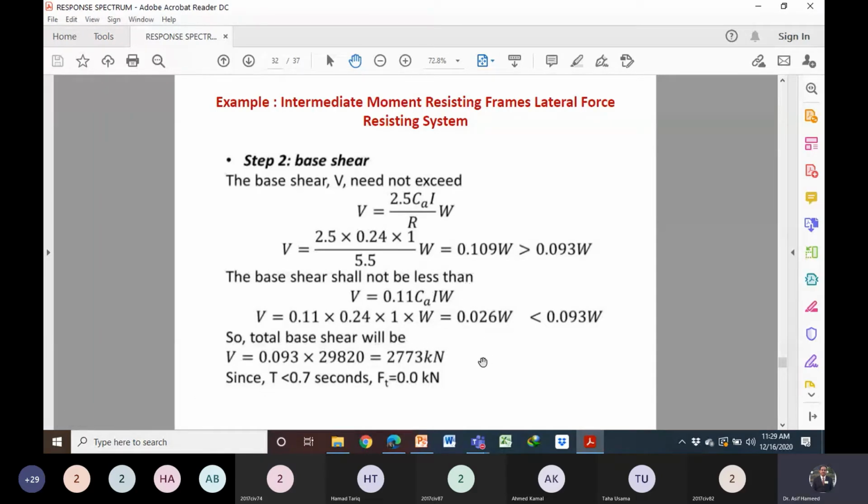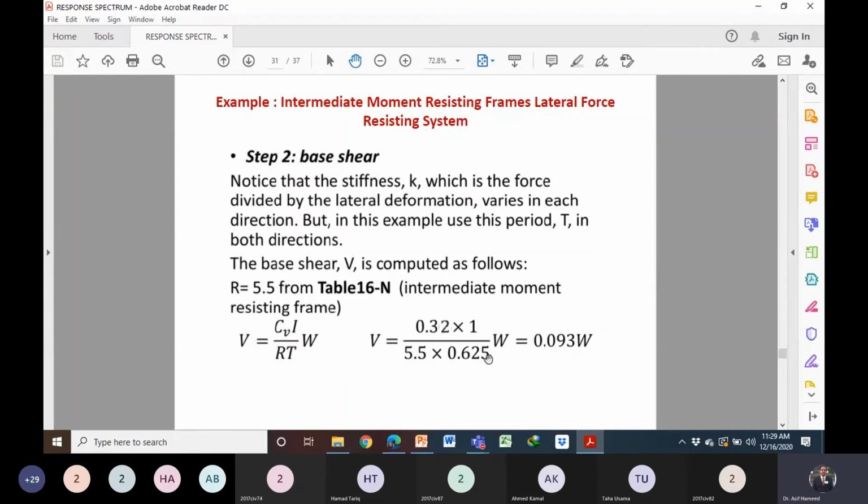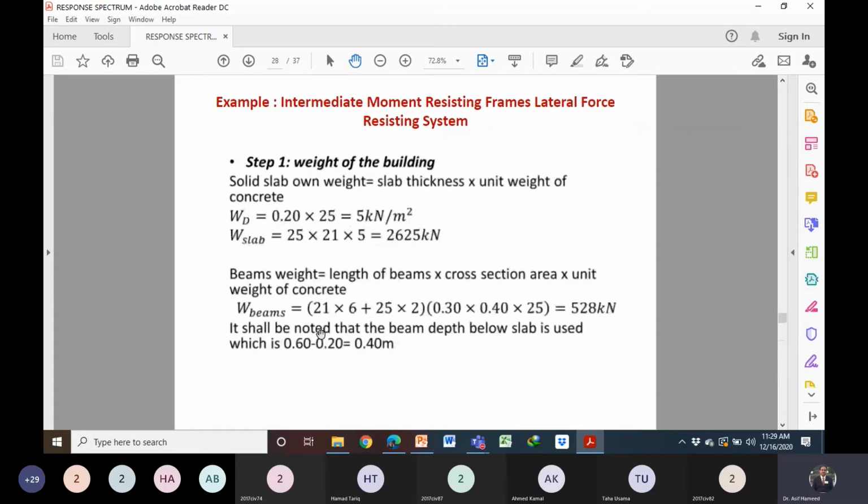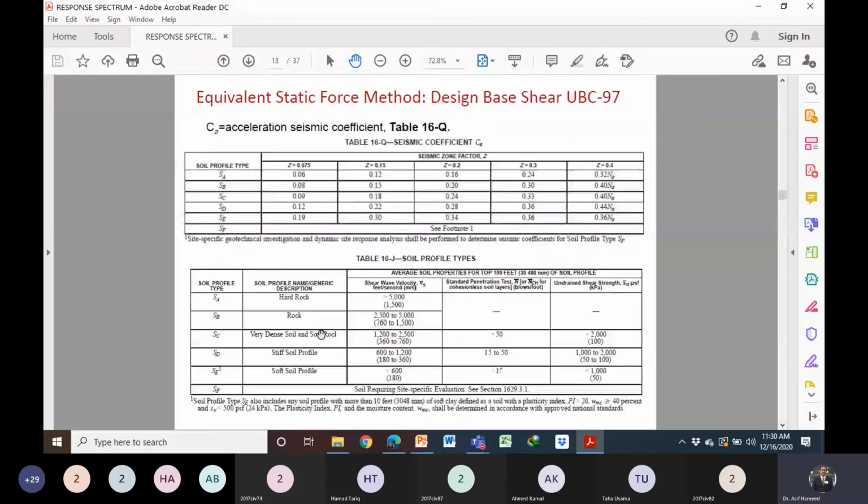Time period is 0.625, which is less than 0.7 second. If the time period is less than 0.7 second, then the additional force at the top level is equal to 0. But if it is more than 0.7 second, then we have to apply the additional force at the top level by using the empirical formula, which we saw before, if you remember,